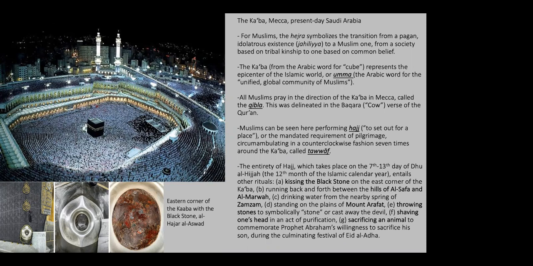It is a sacred rite, and all able-bodied Muslims who can afford it must perform it at least once in their lifetime, and circumambulate in a counterclockwise fashion the Kaaba 7 times, and take part in rituals, including those listed here,